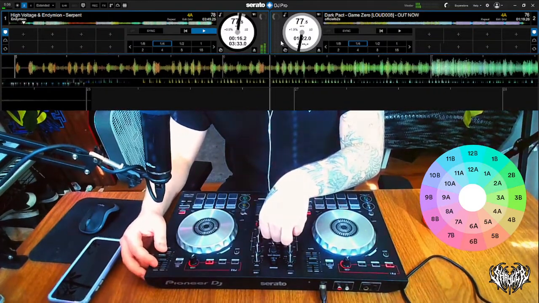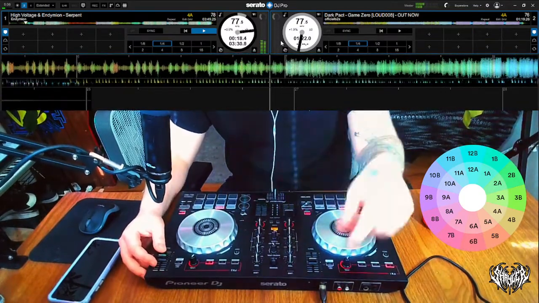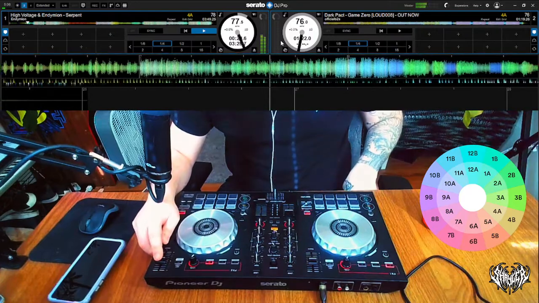Also, if you know that you're going to transition to and play a few more songs in that BPM, make sure you reset the pitch knob, because